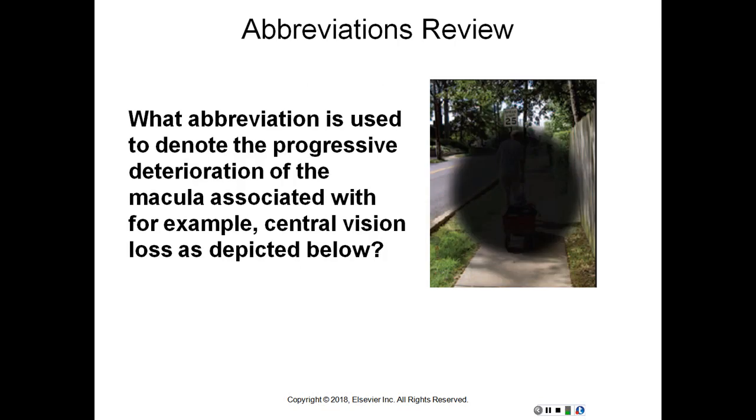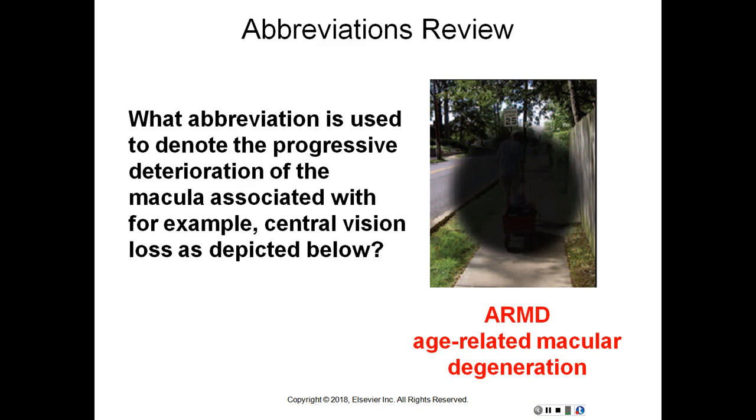So what abbreviation is used to denote the progressive deterioration of the macula associated with, for example, central vision loss as depicted below? First you have to know what disease this is, and then of course the abbreviation that goes along with it. Hopefully the disease you are thinking of is age-related macular degeneration, which is abbreviated ARMD,